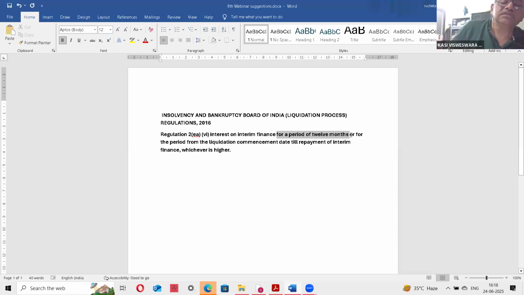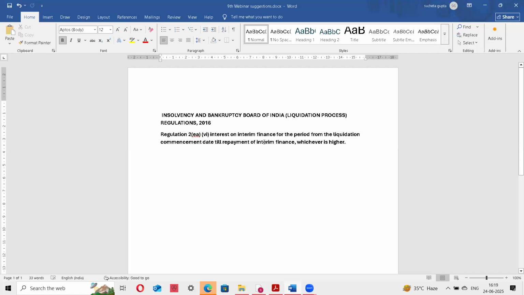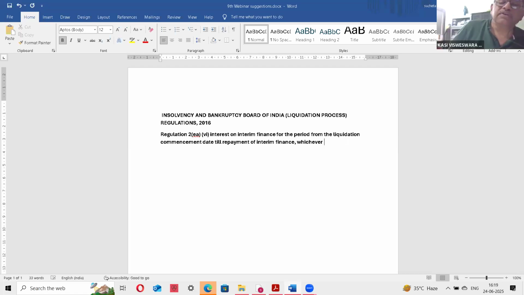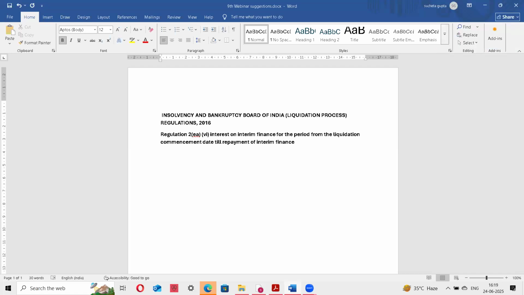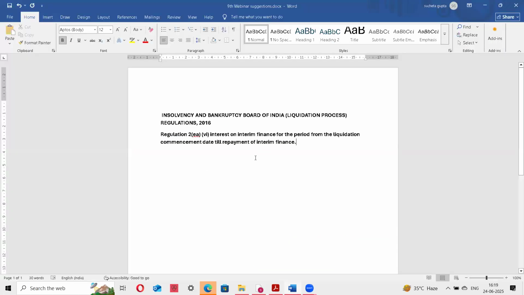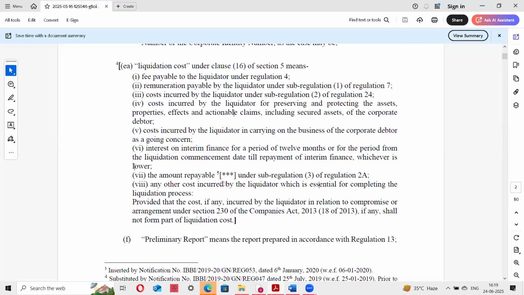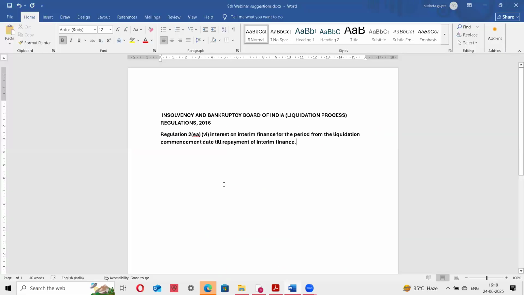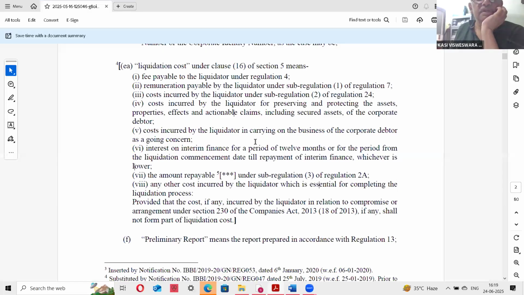Interest on interim finance for the period from the liquidation commencement date till the repayment of interim finance. Till the repayment of interim finance, it is enough. That is fine. Okay. Now, the amount repayable under the sub-regulation will be considered, along with any other cost incurred by the liquidator,